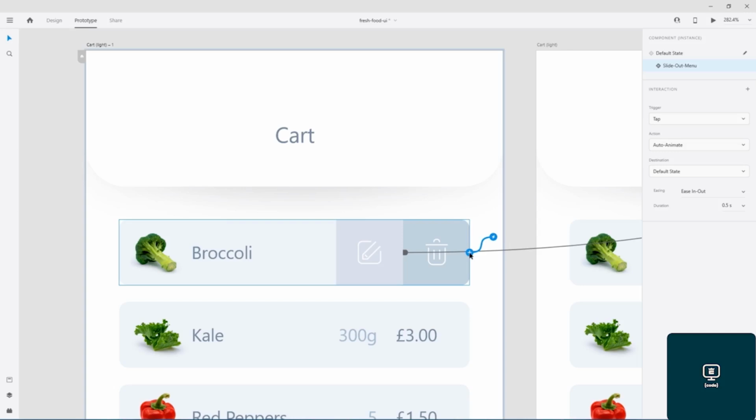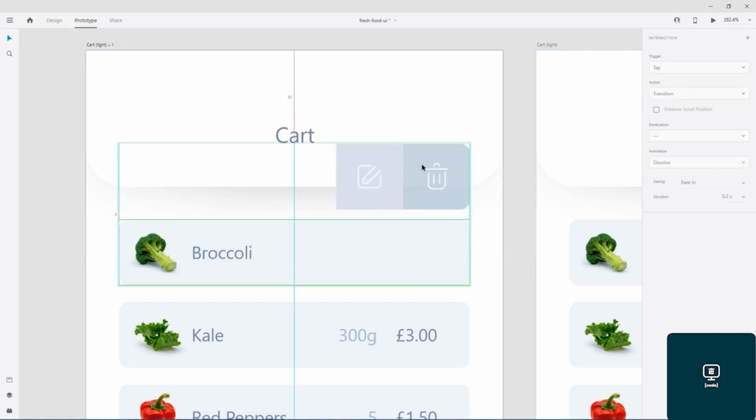The component is going to operate routinely. If you pay attention here, it has named this slide out menu as an animation, and if I click on this, we have something like that. On the slide menu, something like this,